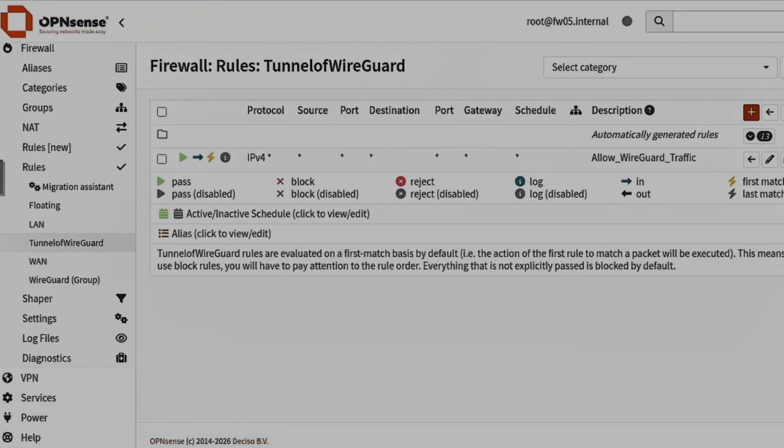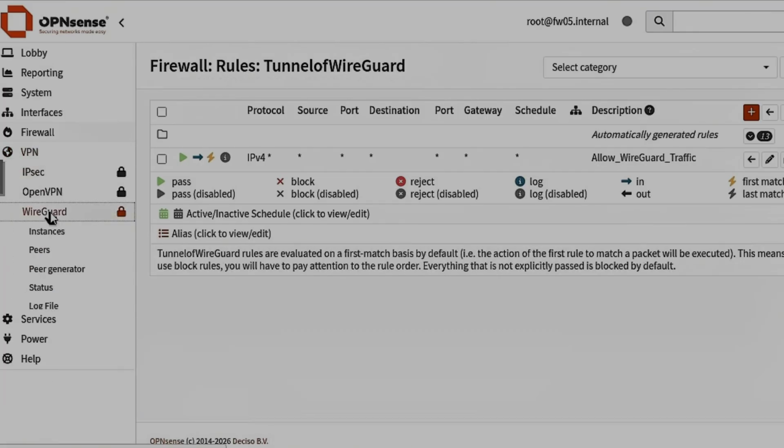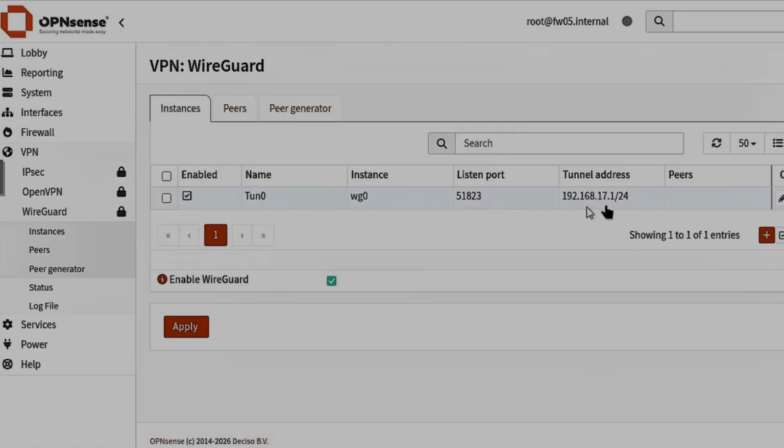In the next step, we are going to apply the NAT rules. So far, we have allowed the traffic on WAN and also on the interface of the WireGuard tunnel that we created. So if you remember, while creating the VPN instance on WireGuard, we set up one IP address, which is 192.168.17.1. So we are going to use this whole network as the allowed network in the NAT. So if we are connected to this tunnel and we have, let's say, 192.168.17.5 address,